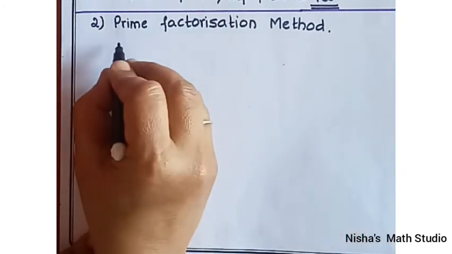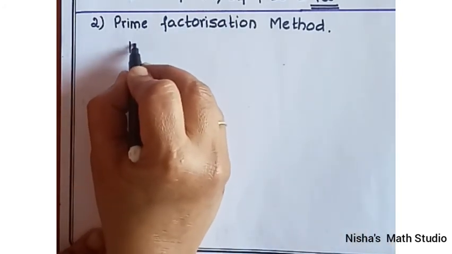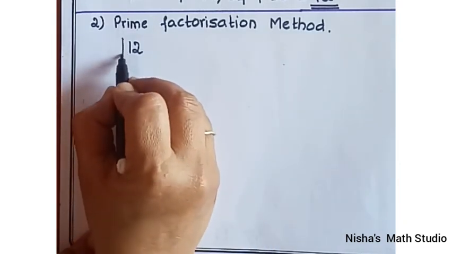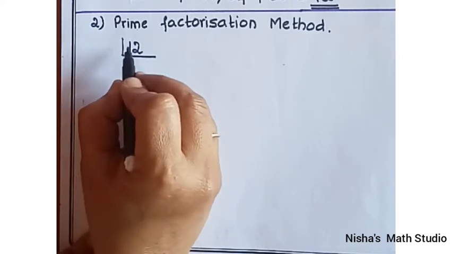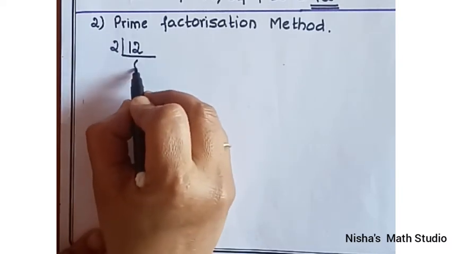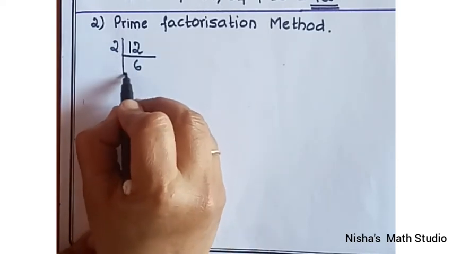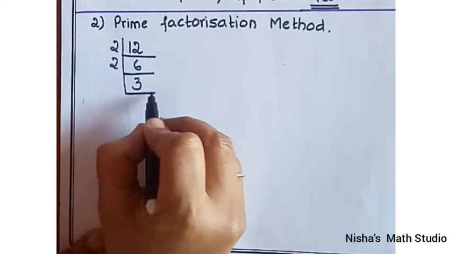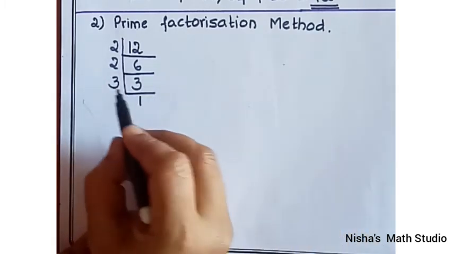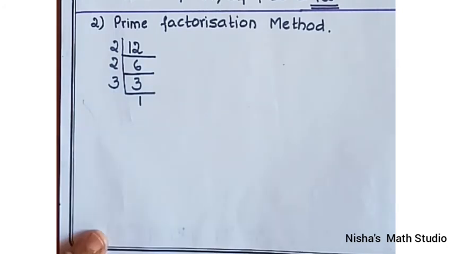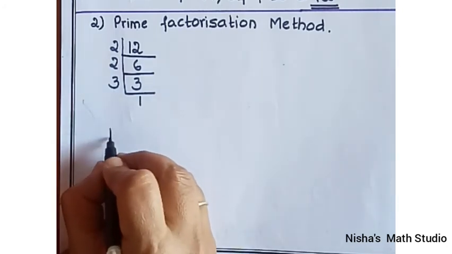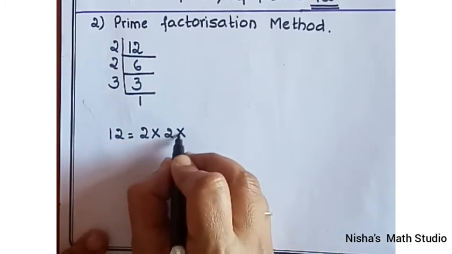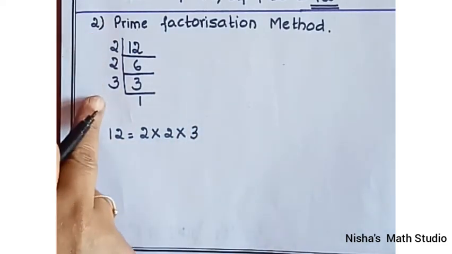First we have to find the prime factorization of 12. How do we do this? In our last video you have seen how to do the prime factorization. You have to go on dividing the number with the prime numbers. 2 is the prime number. So 2 6s are 12. This again goes in table of 2. 2 3s are 6. Now 3 1s are 3. 3 is also a prime number. So what are the prime factorization of 12? It is 2 into 2 into 3.